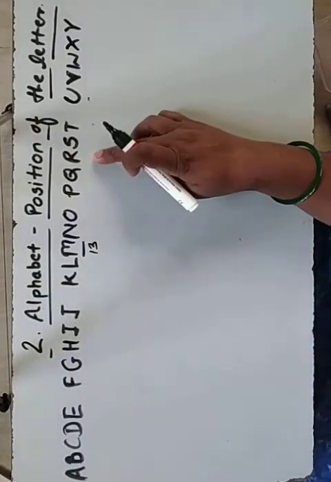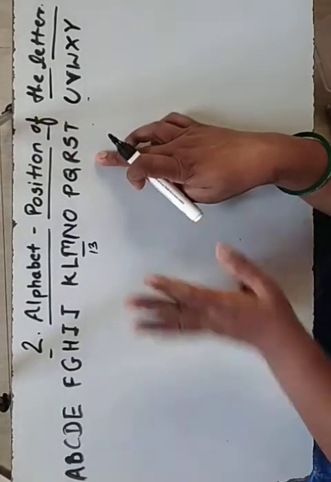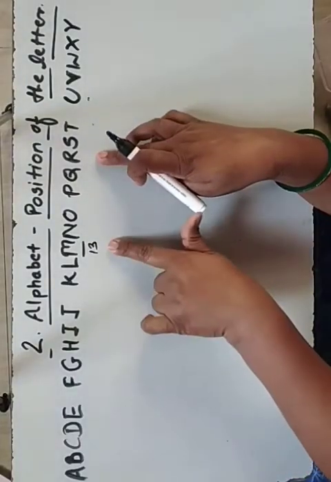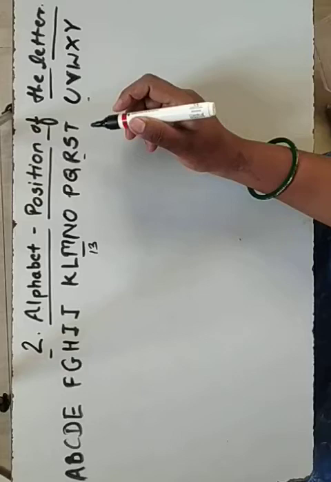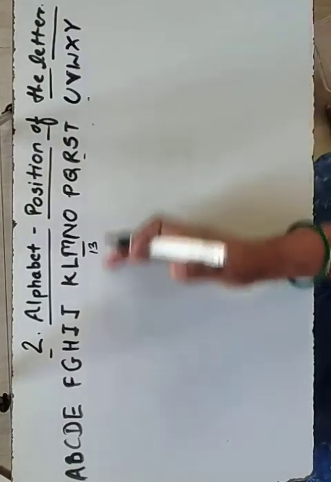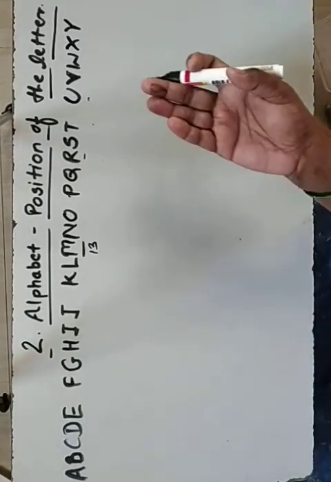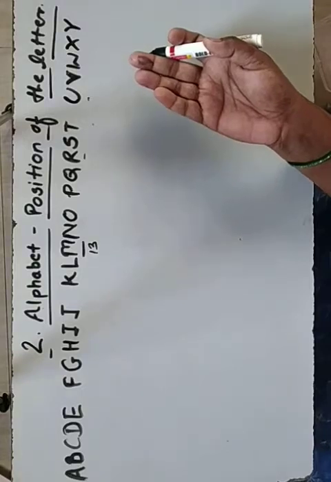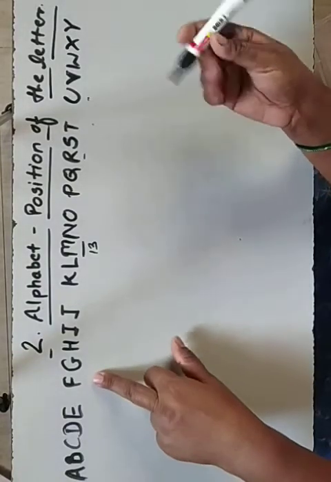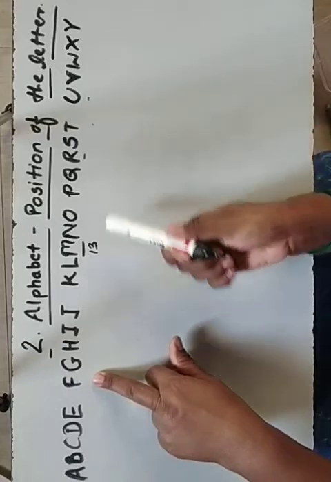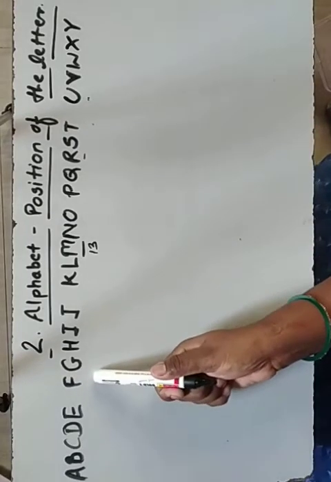So here how are we counting? Suppose I want to count R from the left side. So immediately 5, 10, 15, 16, 17, 18. Okay. So we can say that R is present at the 18th place. Suppose I have to count F from the right. Yesterday I told you your right is the notebook's right or paper's right. So if I have to count, then 5, 10, 15 and this position is the 20th position.